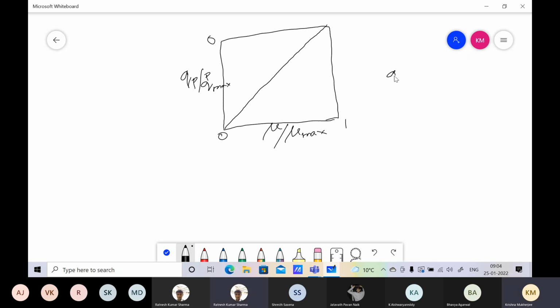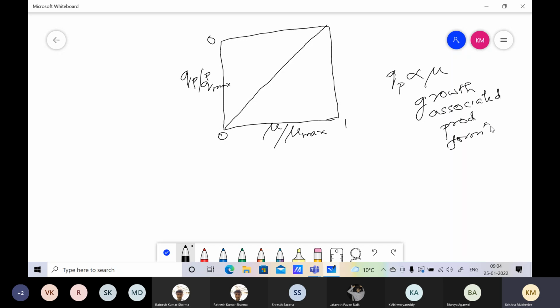Because if QP is proportional to mu, the proportionality constant with scaled QP to QP max and mu by mu max will simply become 1, right? I scaled it up. And so this graph represents what is called growth associated product formation kinetics. Almost all enzymes follow this logic. Growth associated product formation. And therefore, you need to push mu to higher and higher values to get higher and higher